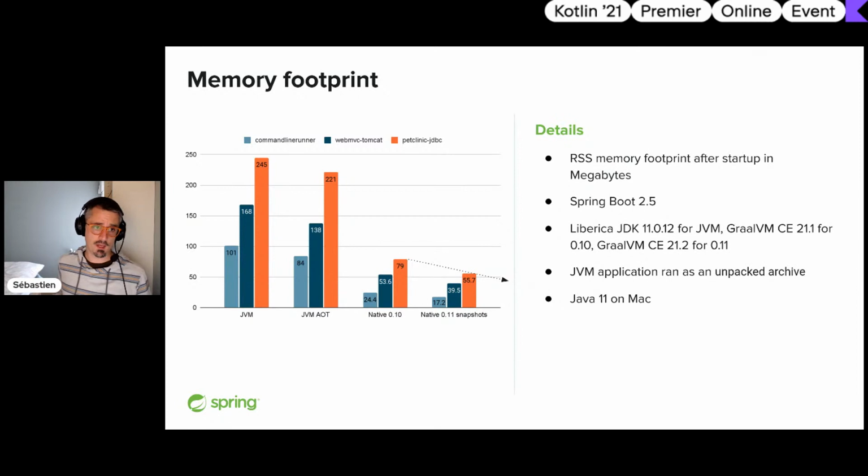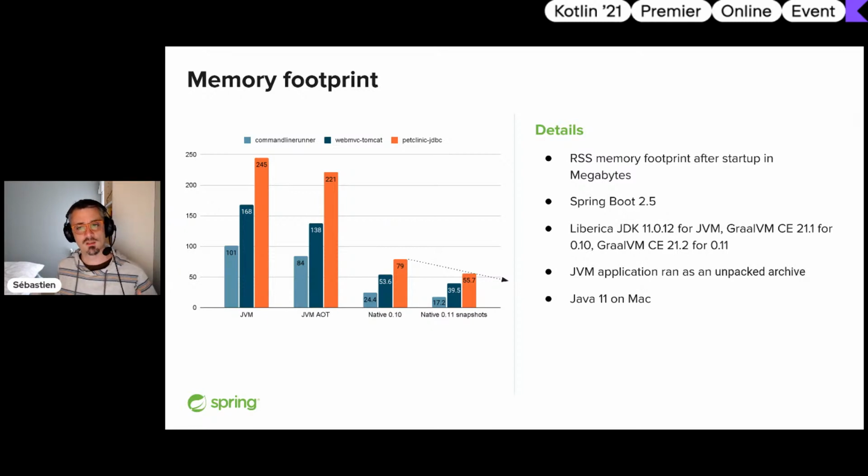Memory footprint. So I think that's a super interesting metric. With the JVM, we have this kind of figures. I did the measurement on Mac, that really changes across the various platforms. You see that by using ahead of time transformation on your regular JVM application, you will gain on average 10%. So that's interesting because we did not do any optimization for the JVM. Our work is really focused on native, but by using the ahead of time transformation that has been designed for native, without any JVM specific optimization, we already have a 10% gain, which is kind of interesting in terms of memory